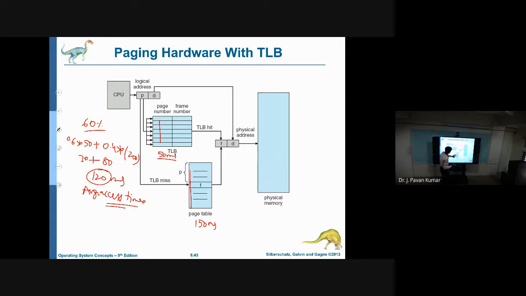Whenever the hit ratio is higher, the average access time will decrease. If the hit ratio is lower, the average access time will increase. That is how you can understand the TLB. I hope it is clear to you. Any doubts?